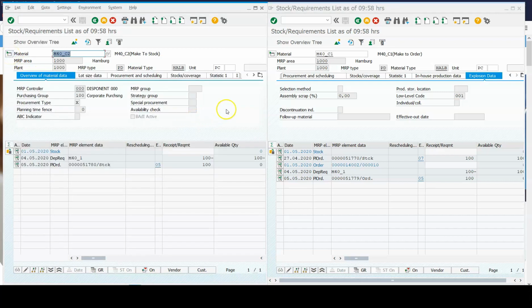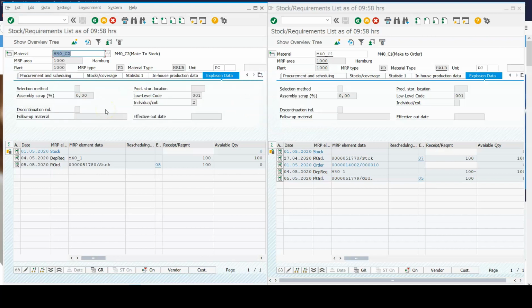Here the individual collective indicator is 2. I will highlight that so it will be easy for you. So this is the impact of the individual collective indicator, whether we set 1 or 2, on the component planning.